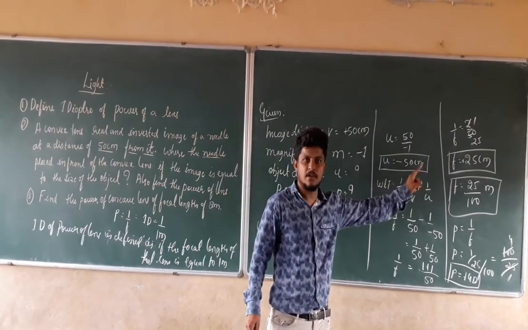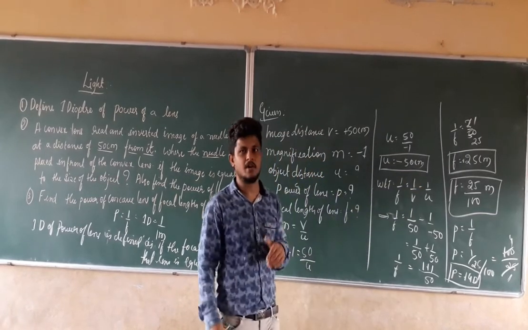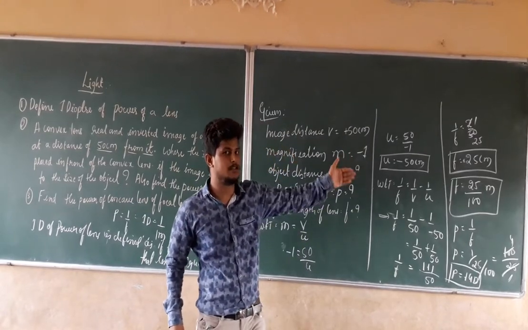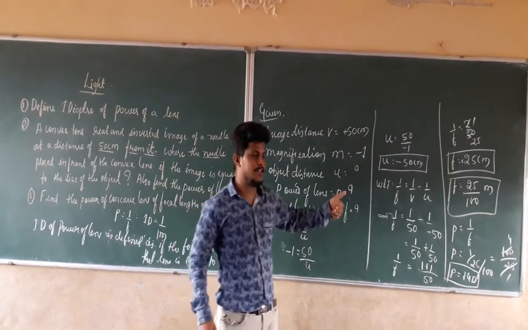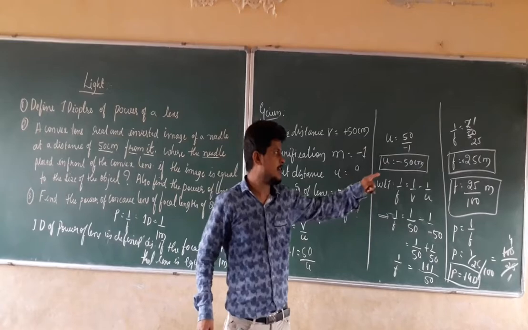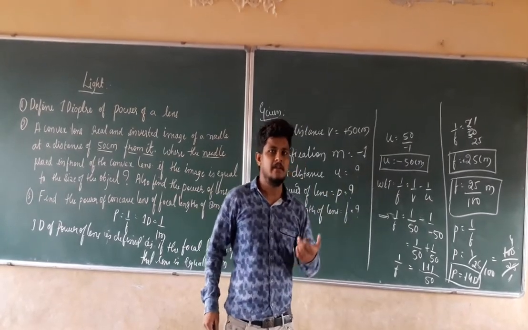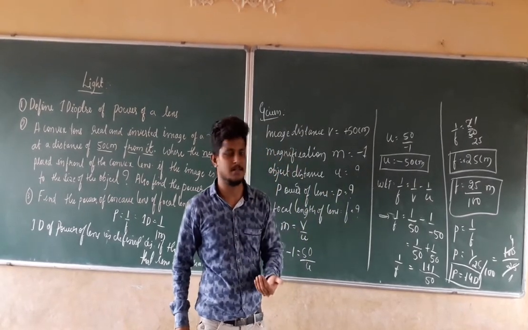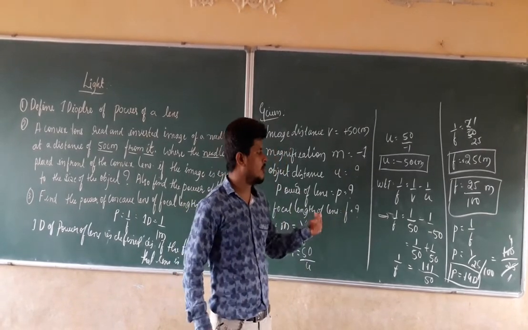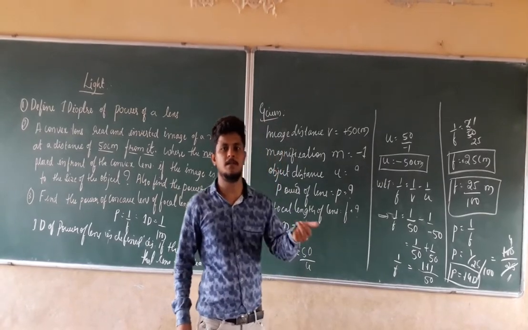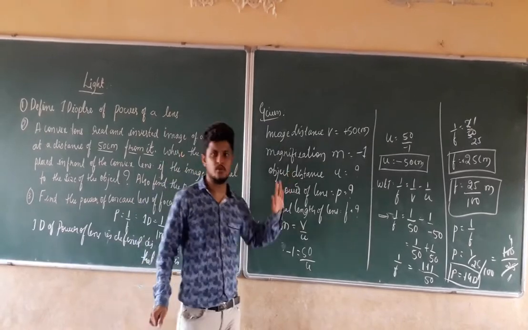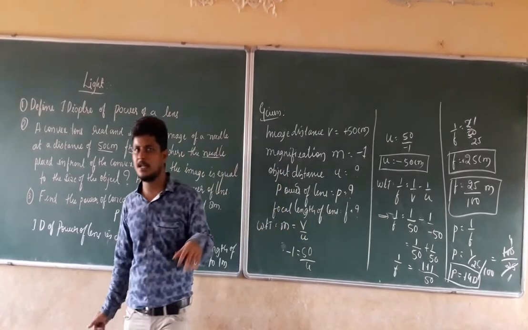We have the focal length as 25 centimeters, and the focal length of a convex lens is always positive. So the focal length of that lens is equal to how much? Plus 25 centimeters. We have to convert centimeters into meters for the purpose of calculating the power of the lens. So we convert the focal length by dividing by 100, that is 25 divided by 100 is equal to 0.25 meter. When we calculate the power of the lens, it is equal to plus 4 diopters. So if you remember all the diagrams, it will be easy to solve this question. I hope this numerical is clear.